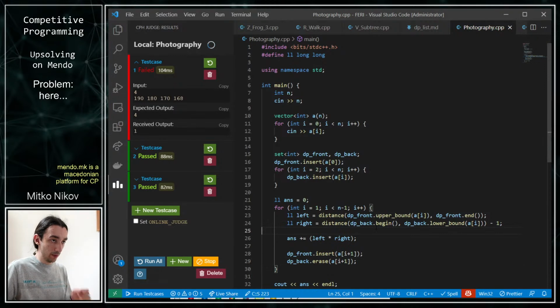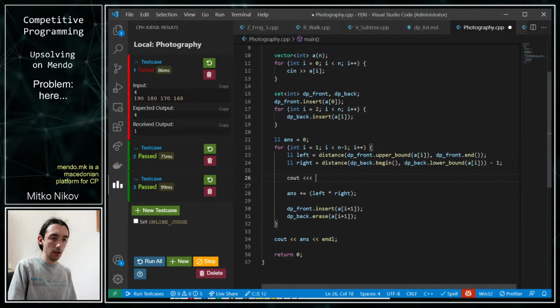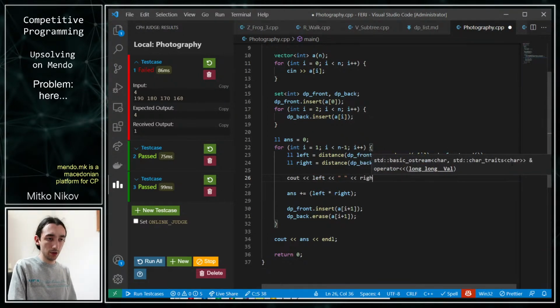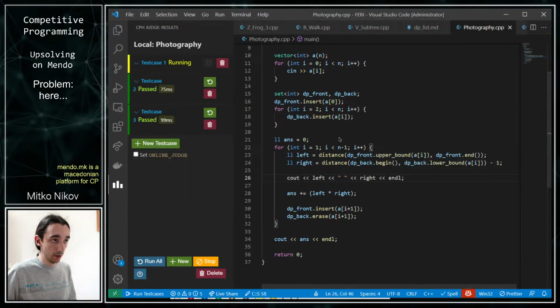So this should work. I'm not really sure about the distance function. Haven't used it, but it's a nice time to learn about the distance function. The distance function just takes